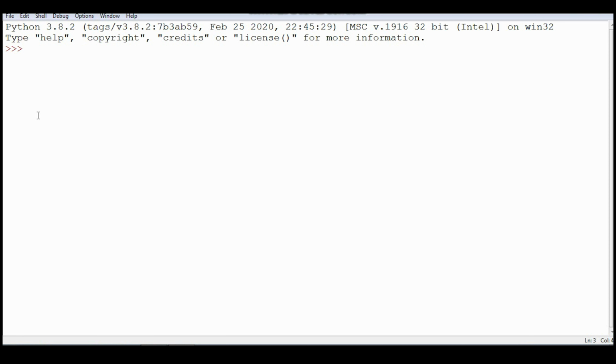The position of the actual and the formal is important. There is a one-to-one correspondence between the actual and the formal.